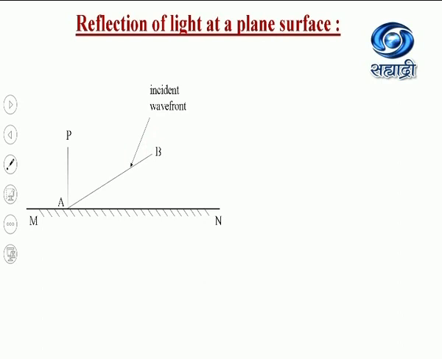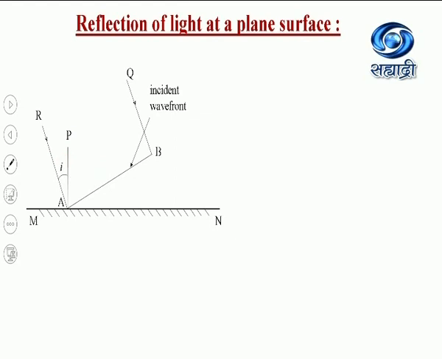But we consider two rays at point A and B which show the direction of propagation of light. So RA and QB are the rays of light and they are perpendicular to the wavefront AB and they show the direction of propagation of light in the given medium. The angle between the incident ray RA and the normal PA is angle of incidence i.